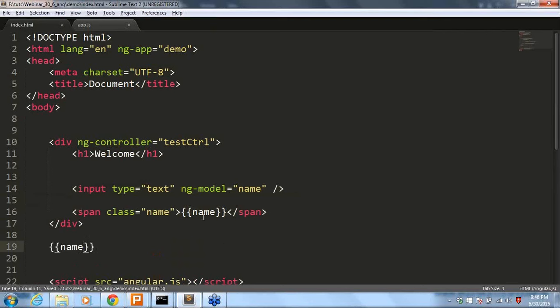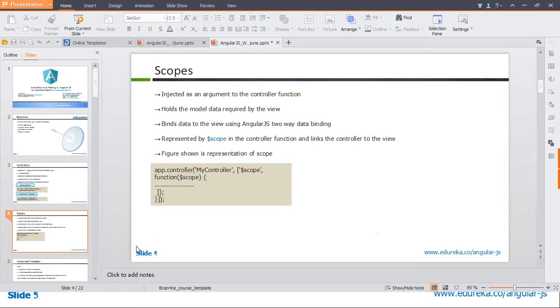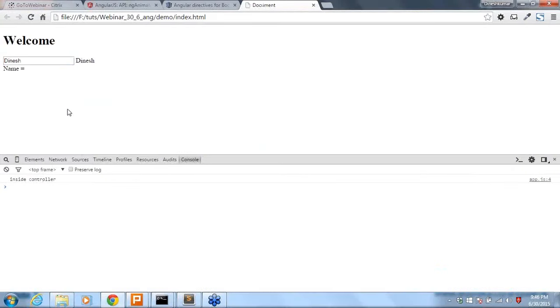I'm going to print the name, right? So the name should come over here also. Let's see whether it is coming or not. To see that, let me print name equal to whatever name. So it has to give this name over here. If I refresh the browser, the name will be available and the two-way binding, all the features will be available